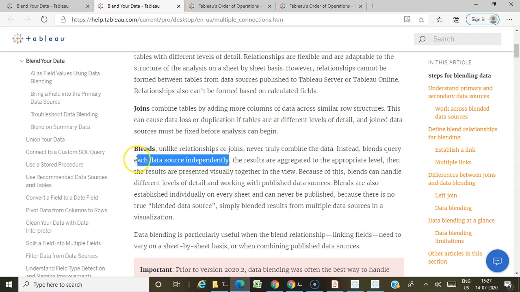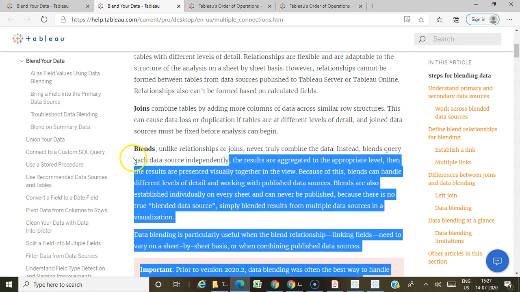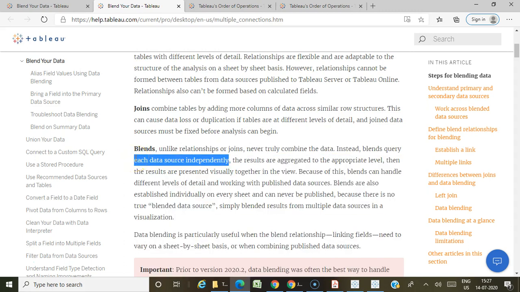You have to remember this: in blending, the querying happens across the data sources independently. Only the results are blended together and the final result is given in your visualization. So the blending happens only at the result level. The query part happens independently on each data source.